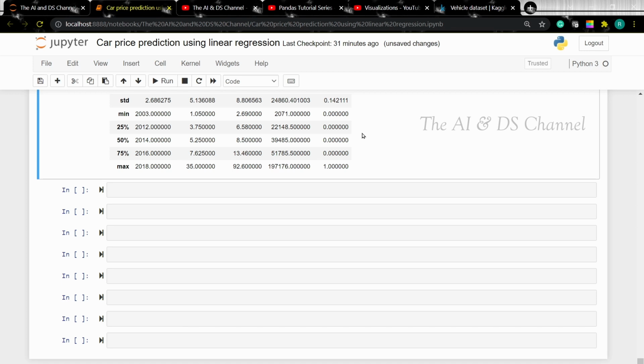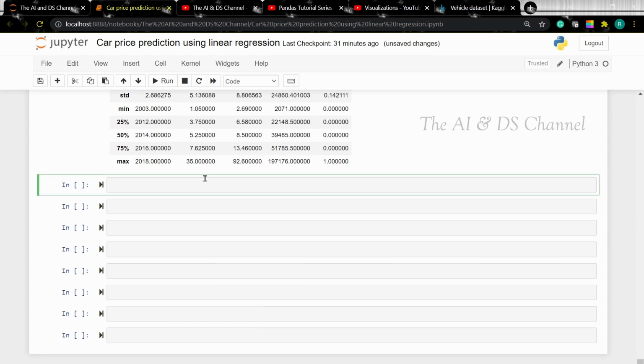So the next thing to do in our project is to convert the categorical data into numerical data. To convert the data, you can either manually encode the data or you can use one-hot encoding. To show an example, I'll manually encode one column and use one-hot encoding for the other two columns. For the fuel type, I'm going to use manual encoding. So car data dot replace, the column name which you want to replace.